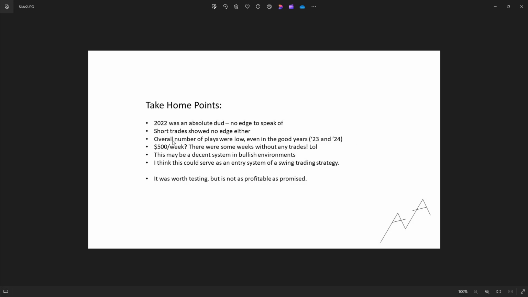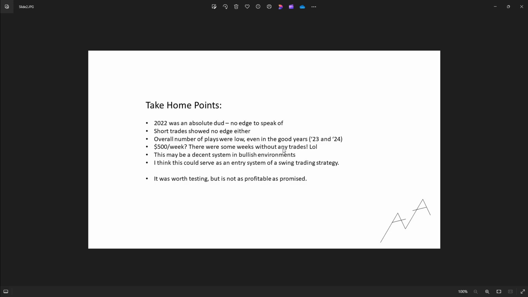So again, overall, the number of plays were low even in the good years, 23 and 24. $500 a week. I actually didn't realize he said $500 a day. Dude, there were some weeks that you didn't even have any trades trigger with this system. Again, in the way that I quantified it, because he didn't quantify certain things, so I had to in order to backtest it. With every backtest like this, you could always say too, like, well, maybe